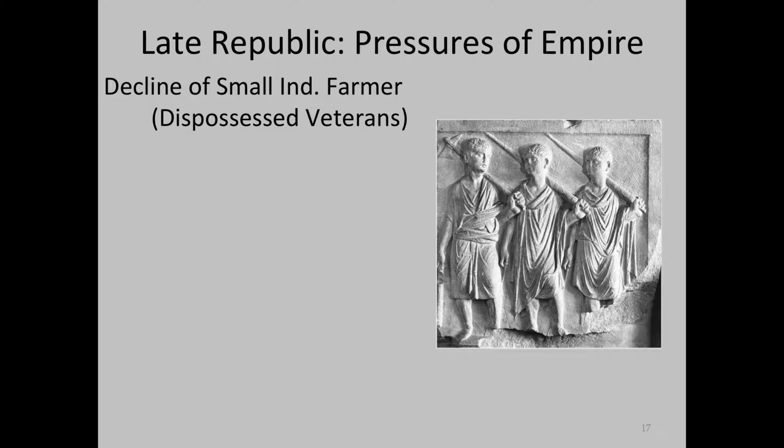The main problem facing Roman society after the Punic Wars was the disappearance and decline of the small independent farmer. The small landowning farmers had gradually been dispossessed from their lands in the wars of expansion. So it is often said in books that the independent middle-class farmer was the backbone of the Roman army. If you went into the Roman legions, the average citizen soldier would be a middle-class, moderately prosperous, independent farmer who owned his own farm.